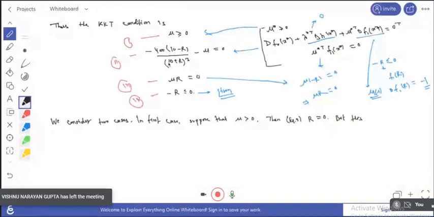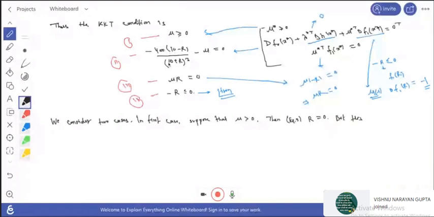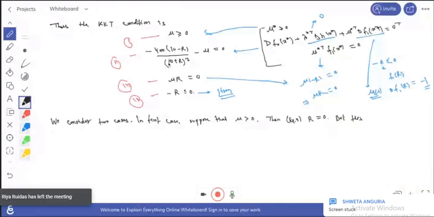Now we suppose this mu equals 0. If we take mu equals to 0 in the second equation, then by equation 2, we have